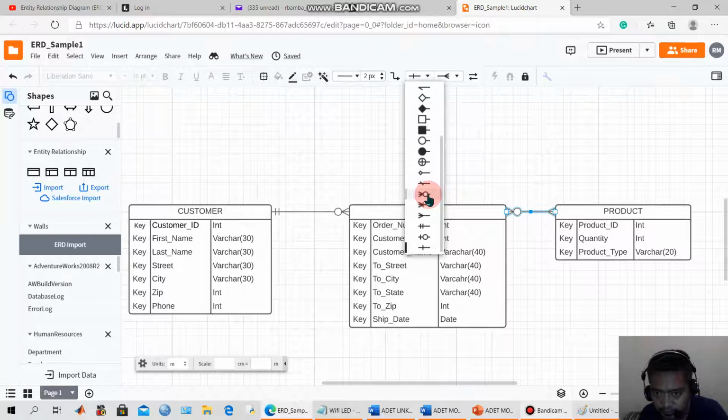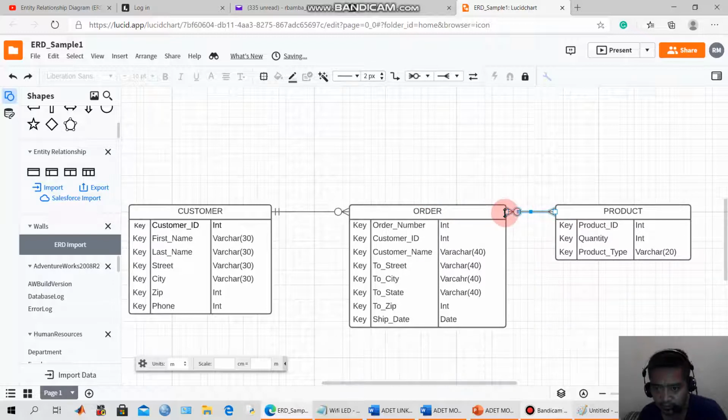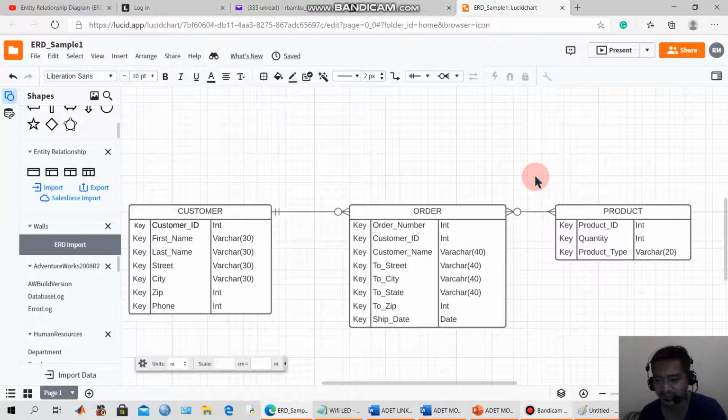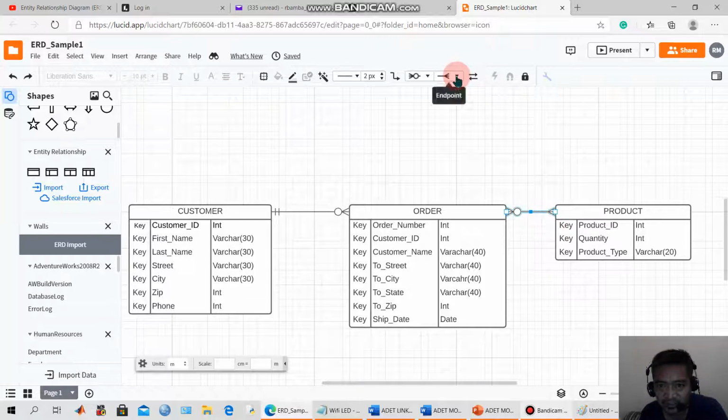Okay, so a product can be a part of zero orders or many orders. Then the reverse, of course: an order may have many products, and there should be at least one product because it exists as an order. When there is an order, there is at least one product or many. So the cardinality notation would be